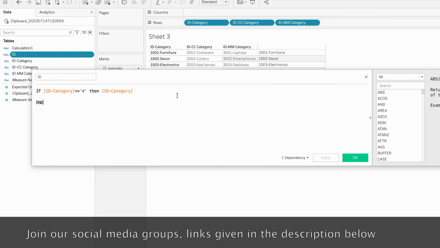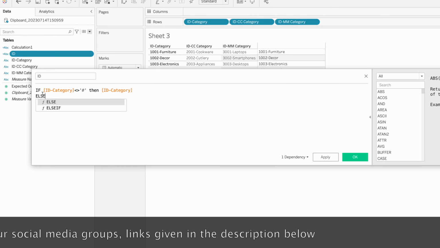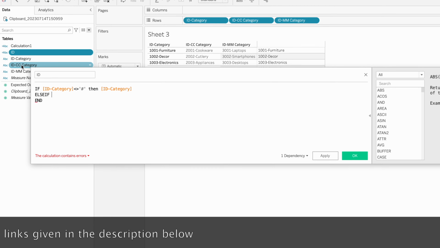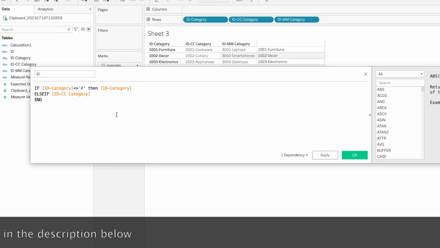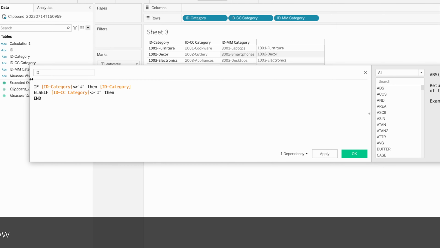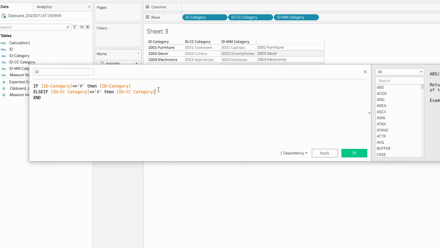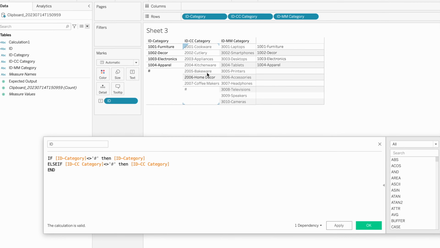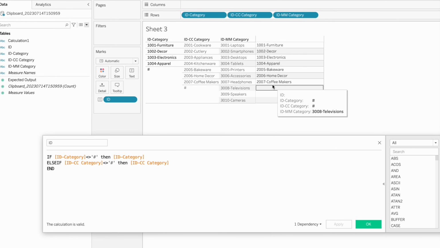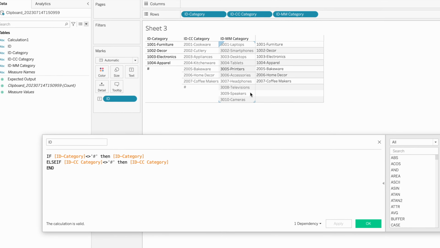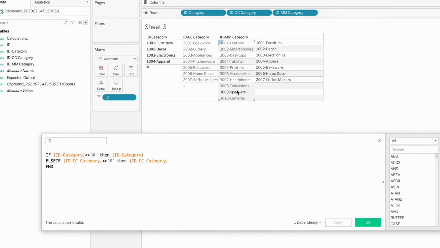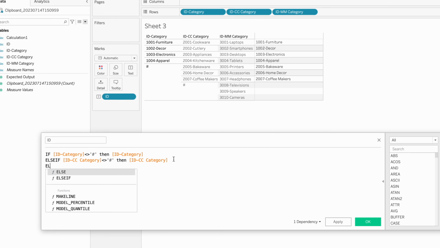Right click, edit, else if IDCC category not equal to hash, then we need IDCC category. If you see the output, you will get these values from the second column. Click apply. Okay, now we need to bring the values from the third column when these two have the hash values. Okay, else if